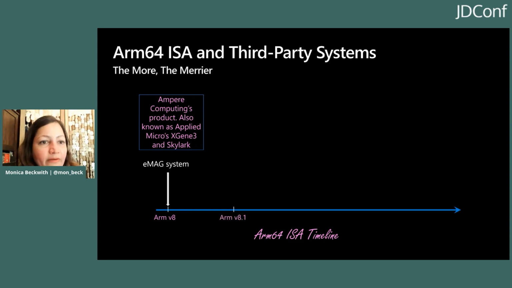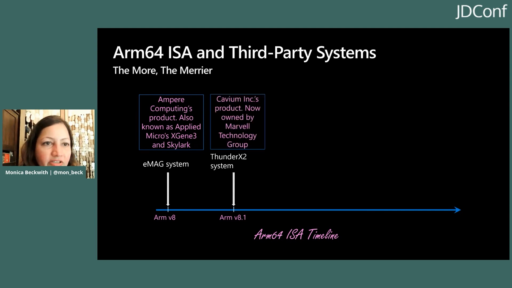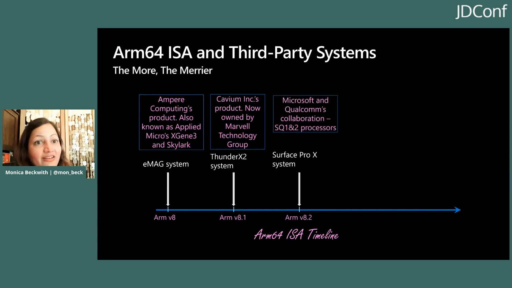Then came the V8.1 ISA, and we do have a test system called ThunderX2. I call it a beast of a system. It's got 256 hardware threads, and ThunderX2 is Cavium Inc.'s product. Now, Cavium Inc. has been acquired by Marvell Technology Group. With V8.2, we have our very own Surface Pro X's. There are two different processors, SQ1 and SQ2, and Surface Pro X's are a Microsoft and Qualcomm collaboration. So these are the test systems that we used